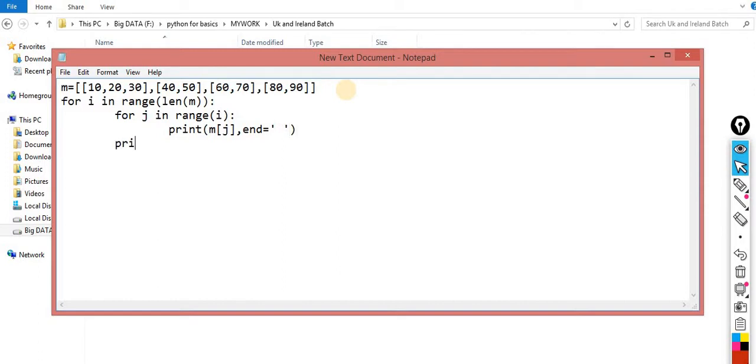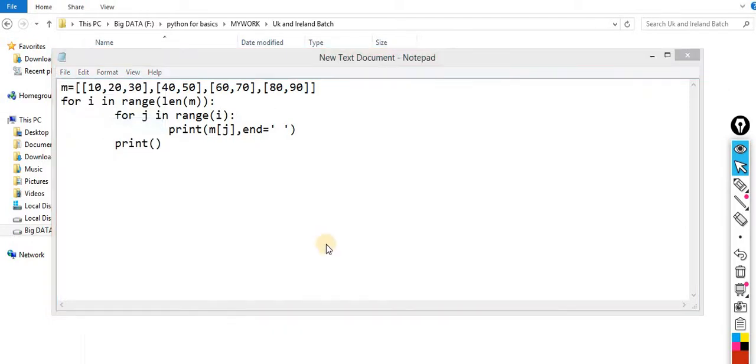Okay, and then you have to print, same logic. The logic is the same. Let me run it, then I will check whether it works or not.